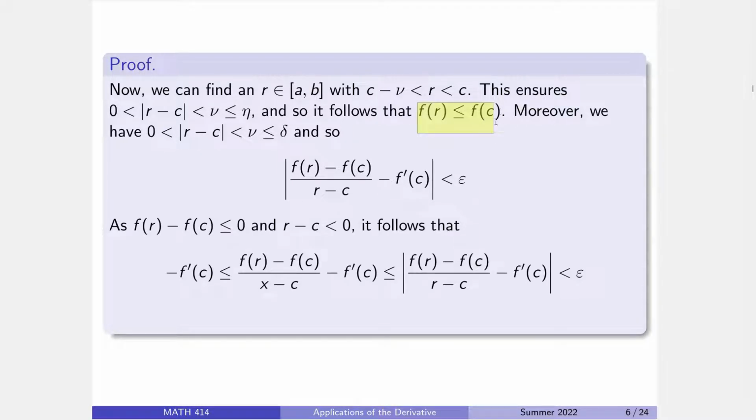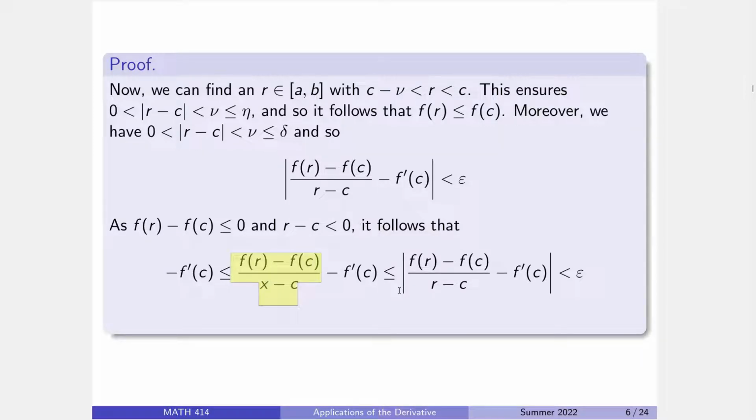Now, subtract this over. I know f of R minus f of C is less than 0. R was chosen less than C, so R minus C is less than 0. So this fraction right here, then, is positive. Right, negative times negative, so it's positive. So negative f prime of C is, right, less than or equal to it like that, because this is positive,